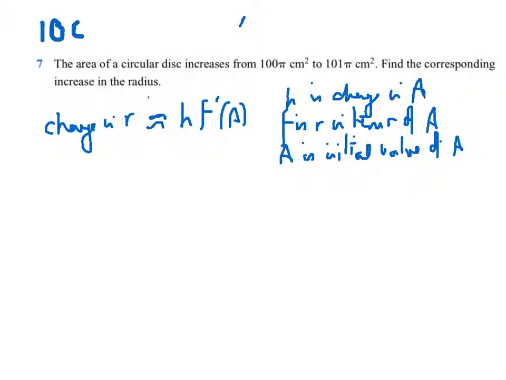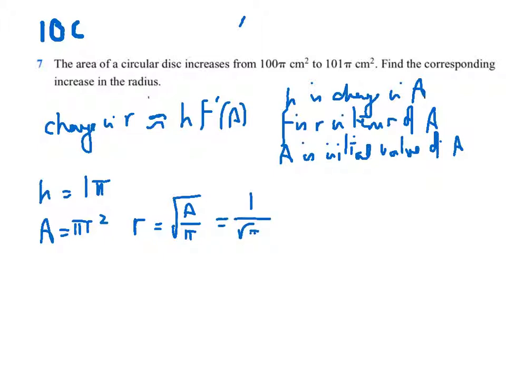So in this case, what is the increase, the change in A? So h is 100 pi to 101 pi, so it's 1 pi. Now f is R in terms of A. That's going to be a little bit harder to find. Well, what do we know about R in terms of A? Well, we know that A is pi r squared, so R is the square root of A on pi. Might be a little bit easier to split that into two, so it's 1 over root pi times root A. So dr by dA, which we're going to need for this part,